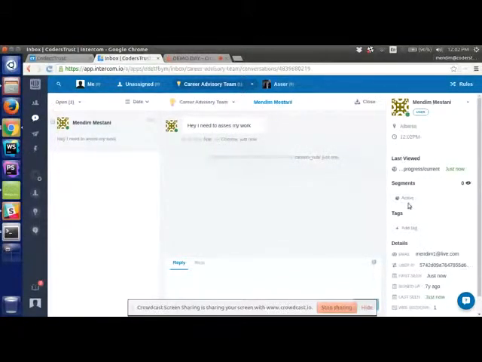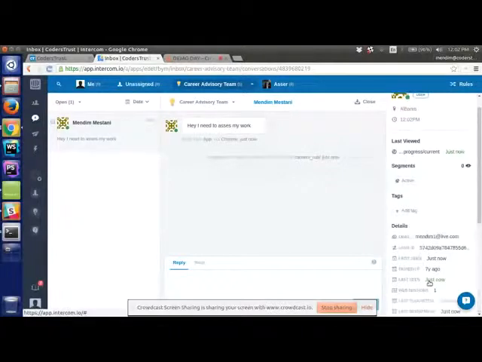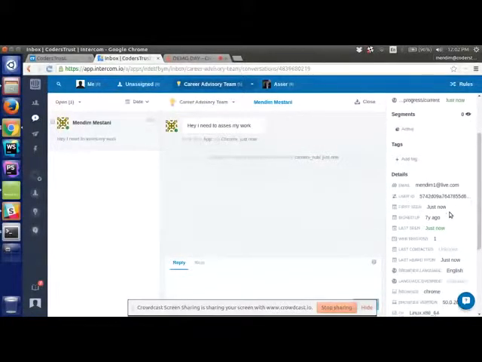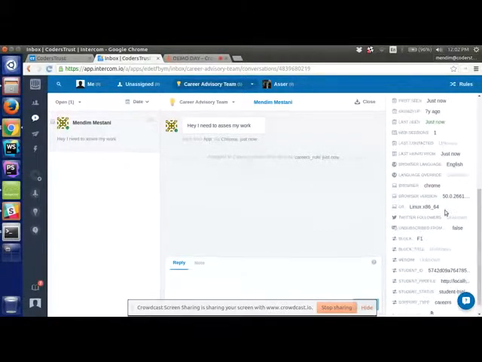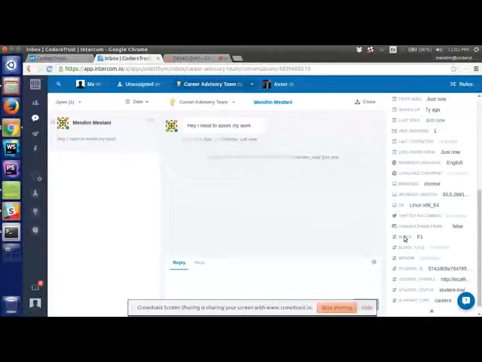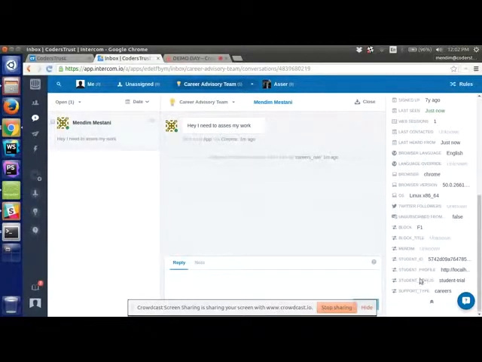Okay, and in the right panel on the intercom, you can see data for that student, like name, email, user ID, student ID, and you can see which block he is requesting to assess. For example, this is block F1, and you can see the status of the student. For example, this is a student in trial, and he asked for the career advisor. So I'm just going to reply, hey, glad you made it.